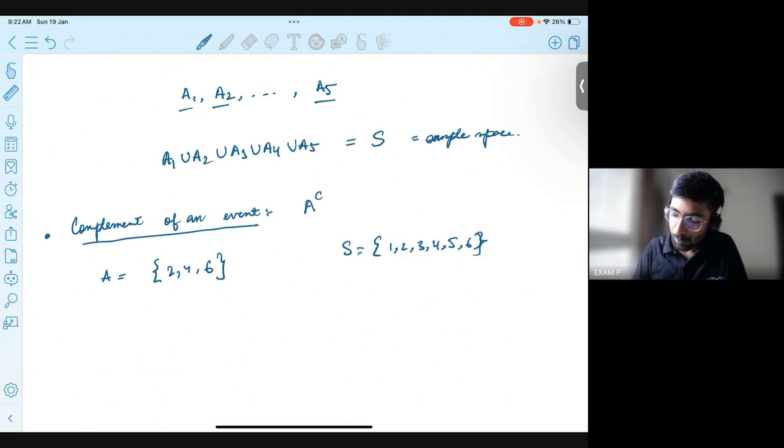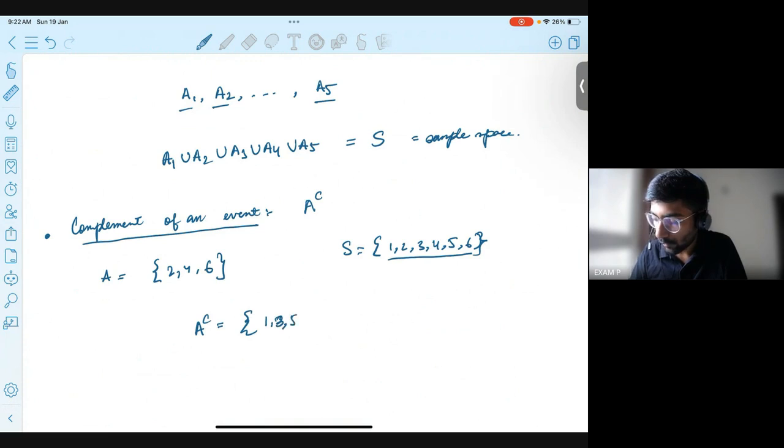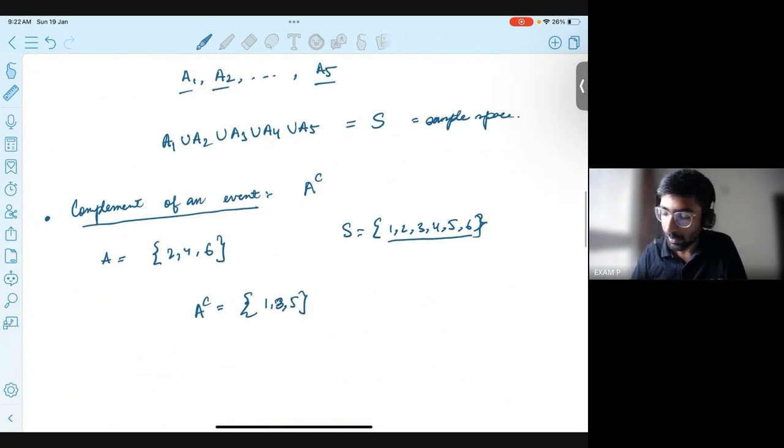Right? So now, if you look at the outcomes that are contained in A, 2, 4, 6, and these 6 outcomes in the sample space, if I ask you now what is the complement of A, then it will be all those items from the sample space which are not in A. So it's basically 1, 3 and 5. That's how you get the complement. So anything that is left out in the sample space,